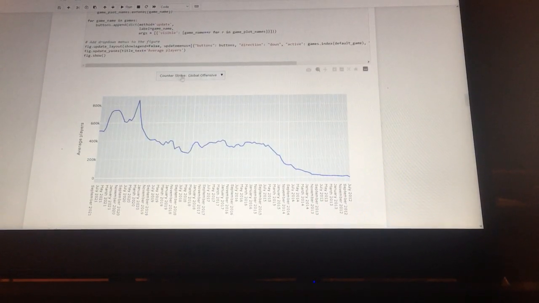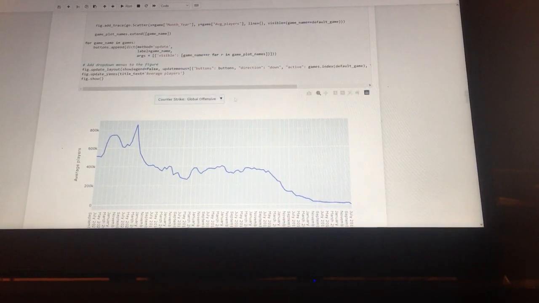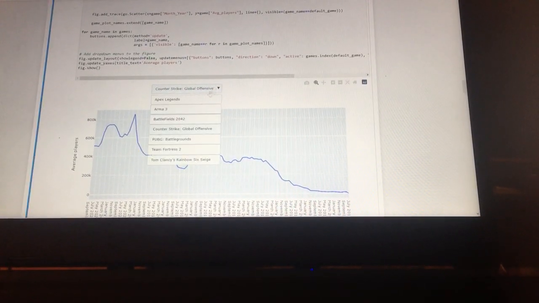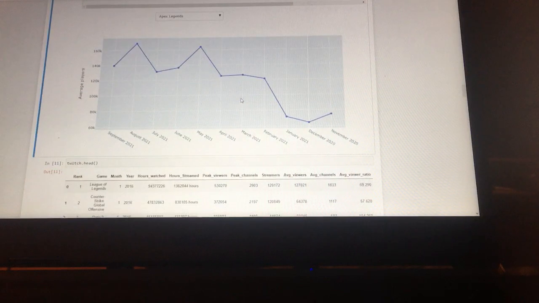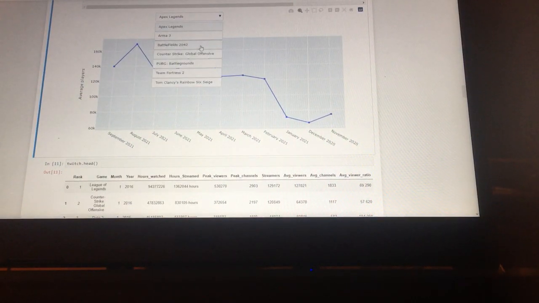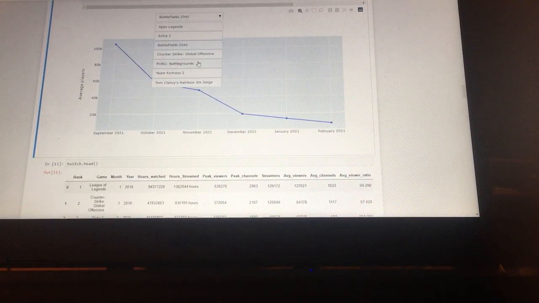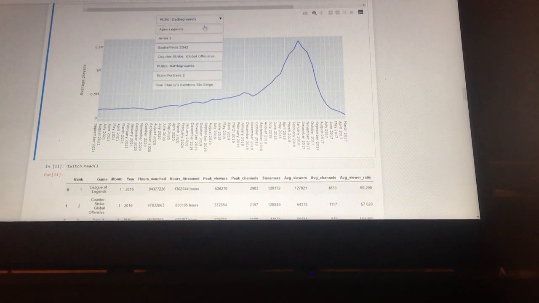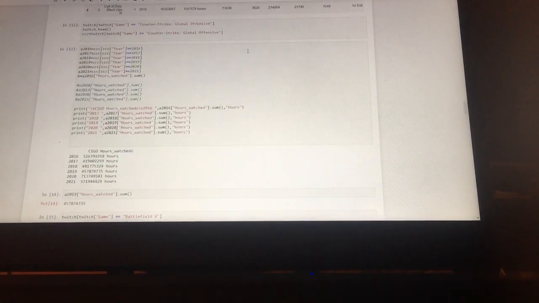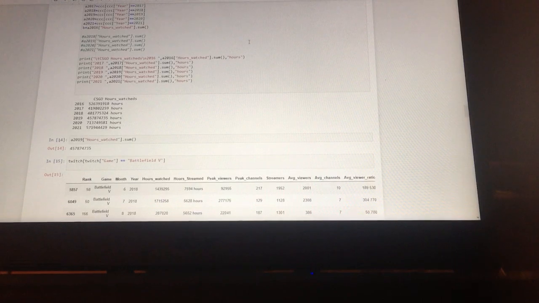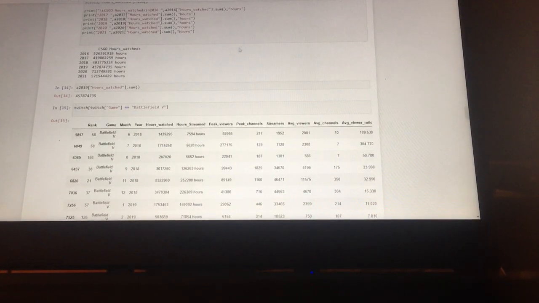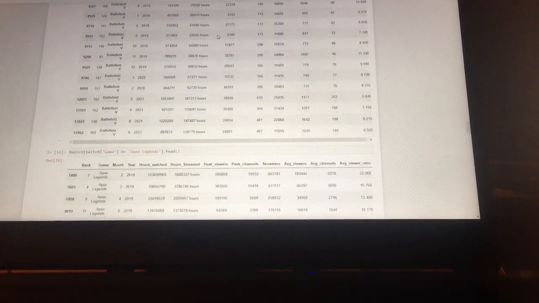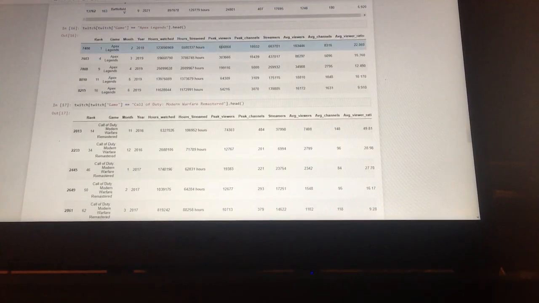In this line chart, we use some extra methods that I want to show you. As you can see, you can choose the game and see its data. It's completely useful and easy to use, actually. Let's keep it on CSGO. Our next dataset is shown very well here.